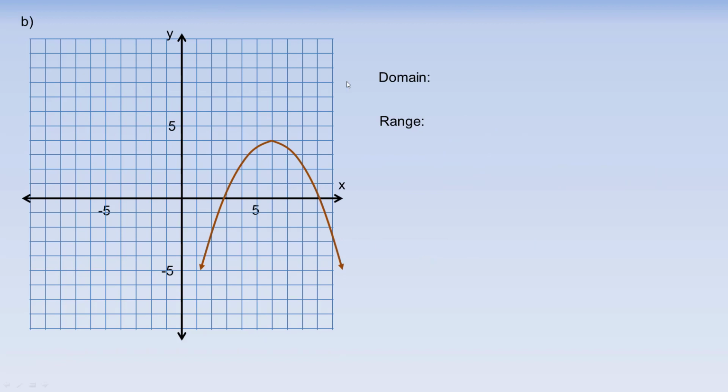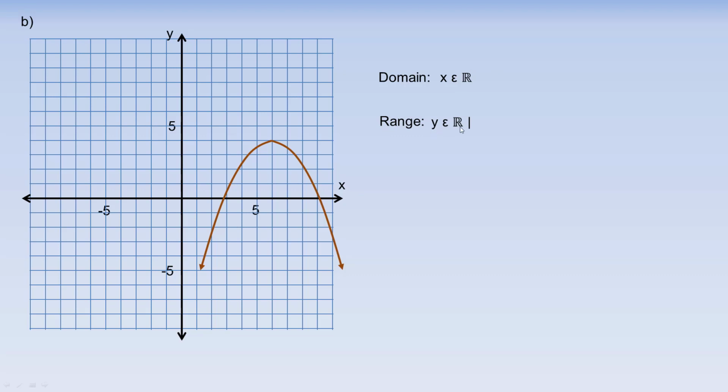Another one in B here. Again, the domain is the entire set of real numbers. These arrows mean it does keep on going down to the right and down to the left. So x can again be any real number whatsoever. The range for this again starts the same